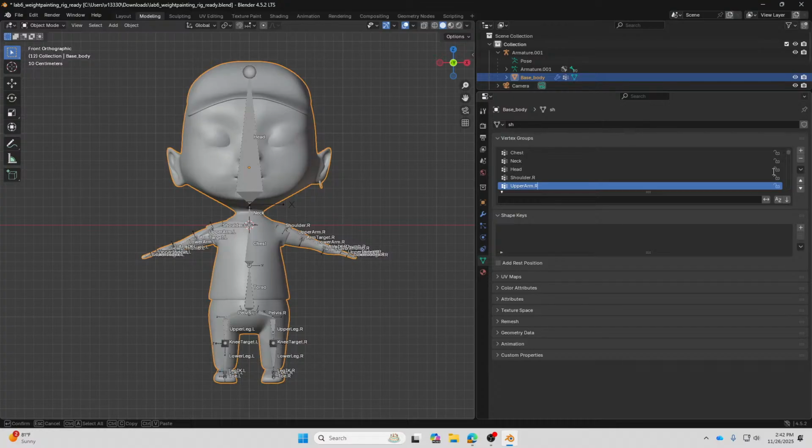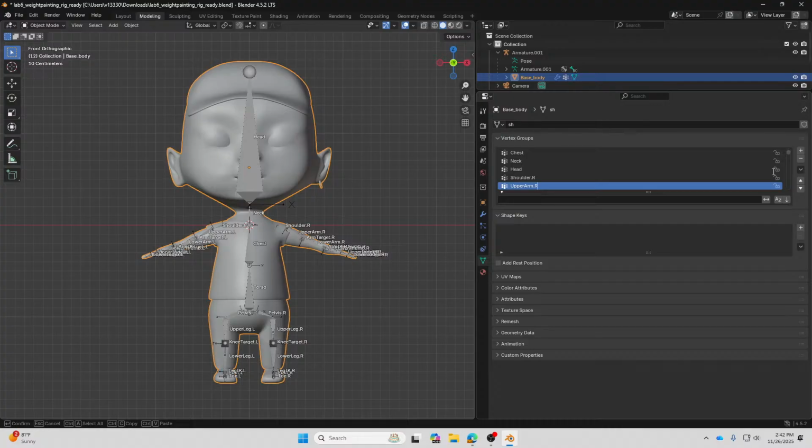What we just did is basically tell Blender that we're going to bind the geometry of the body to the bones, and we create all of the vertex groups over here so that we can define which bone is going to control which part of the body.